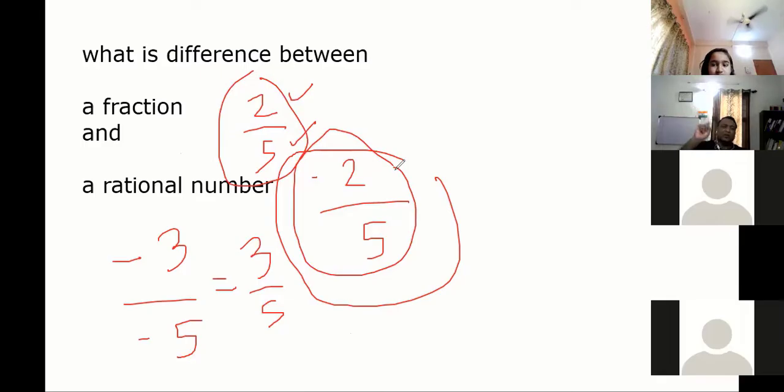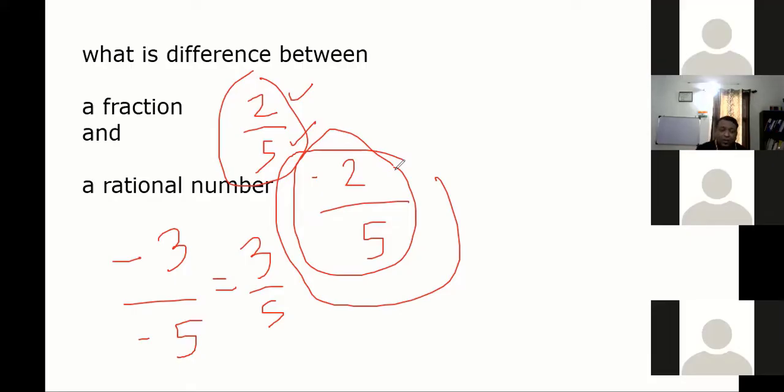Clear everybody or any doubt? Superb. Any doubt or all good now? Difference between fractions and rational numbers? Okay. Now, let's move on. Okay, Manoj. And guys, whenever I ask something, quickly write CC like how Manoj wrote, so that I know that you are listening and you are okay. Just quickly write CC, that's it.